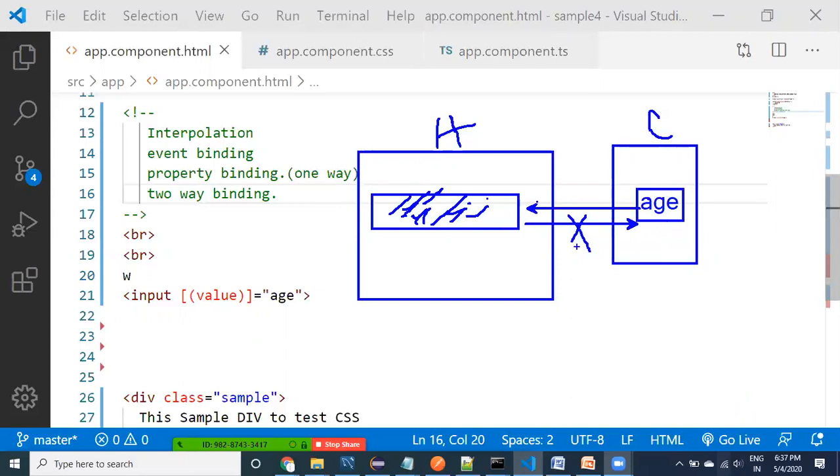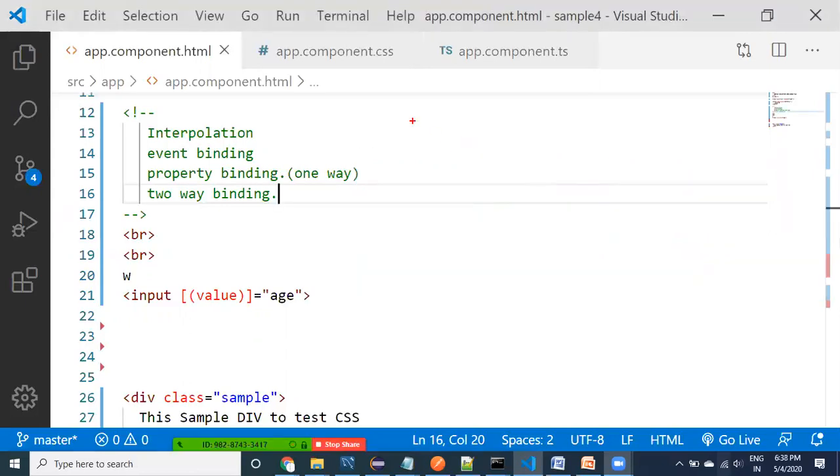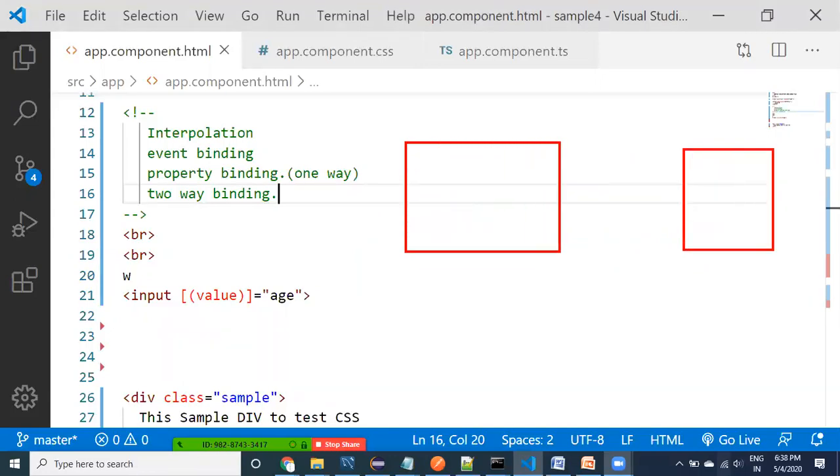Instead, what I will do is use two-way binding. Let us look at it, guys. To use two-way binding, take any property, maybe again the age property. Here I have used two-way binding, input value equal to, and here I provide age.